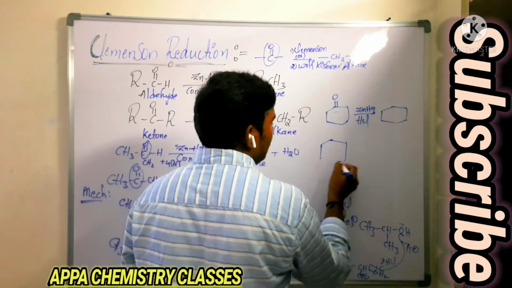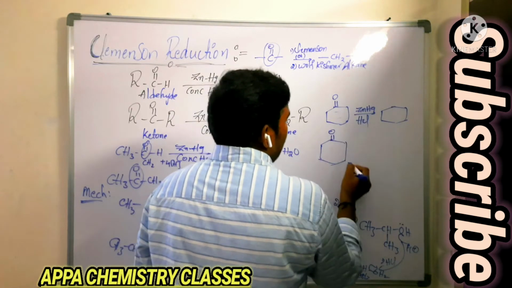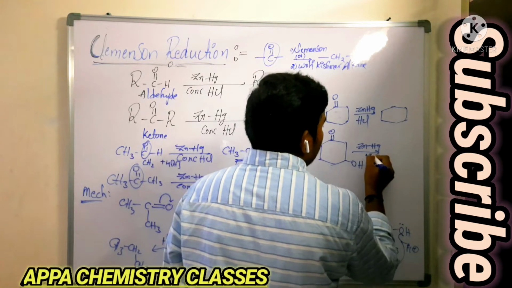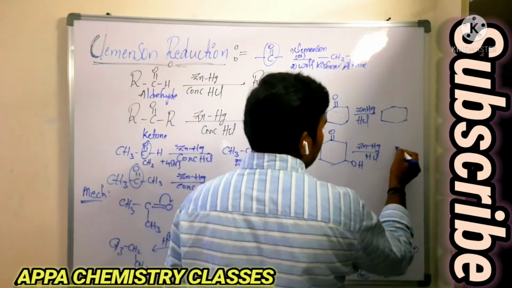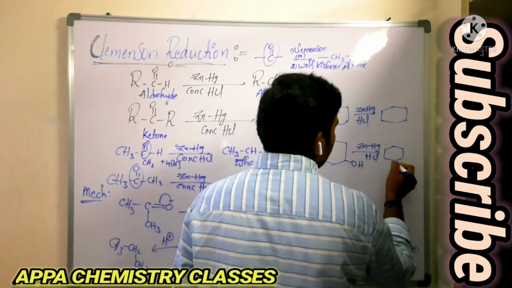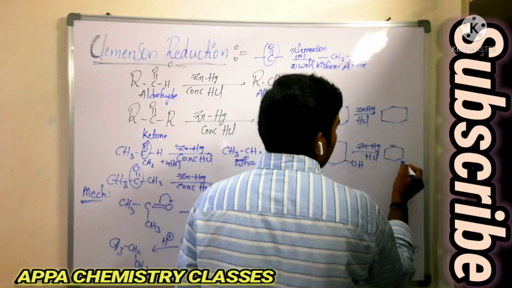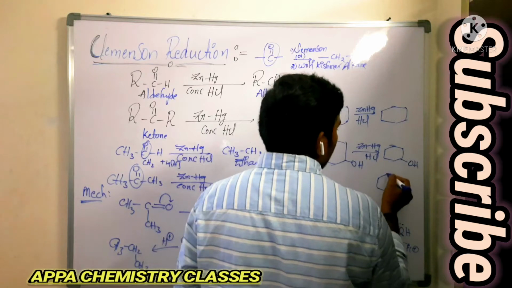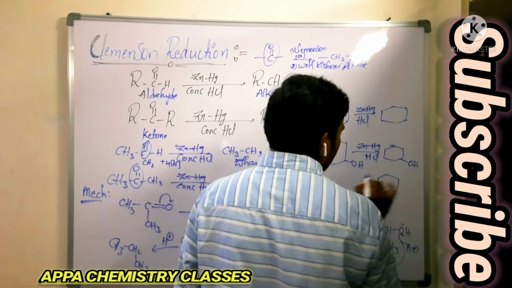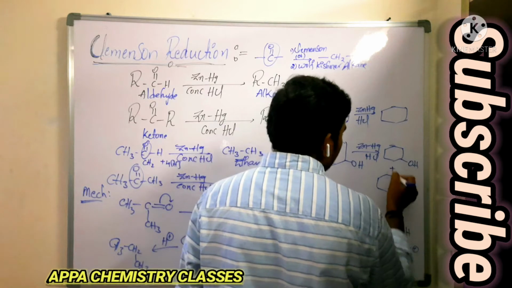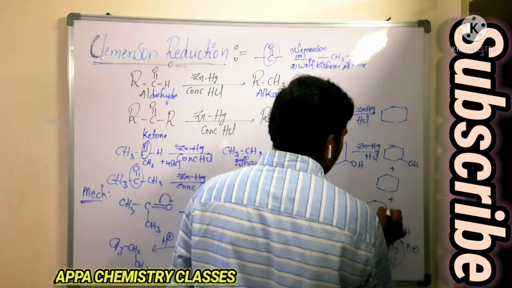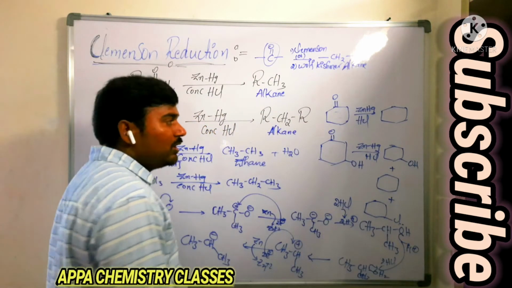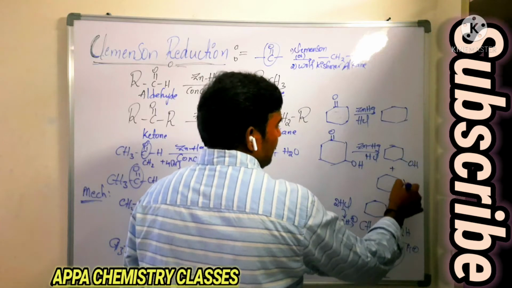Now you take in this case C double bond O, OH is there. When it reacts with zinc amalgam and HCl, what happens in this case? Which product is correct, you say? So here, C double bond O, OH. Here the double bond O is not there and OH is also not there. Which is correct, you say? Now in this case we are getting this chlorine. Among these 3, which is correct here? So it is not at all possible.